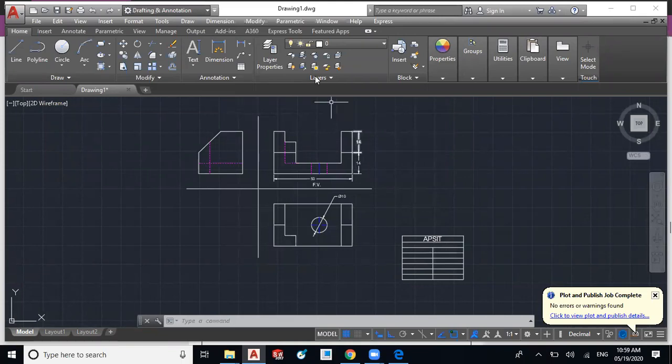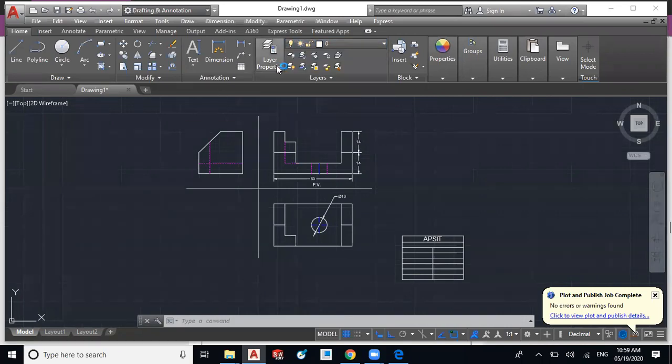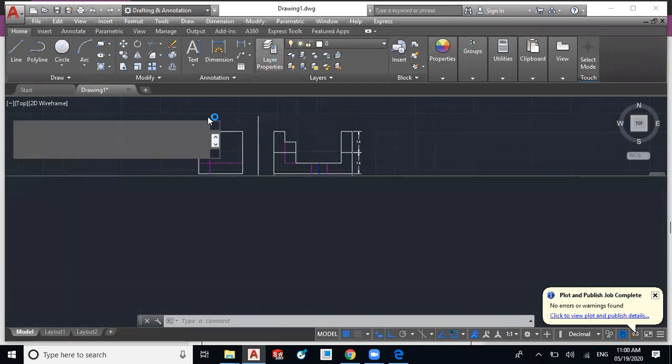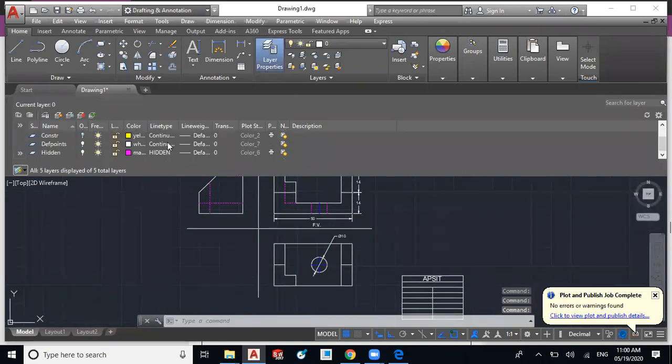Just you have to take care of the layers. We have to hide the constructions at the end, and you should not use this depth point layer. Okay, so there is a depth point layer created. I will show you why we are not using this depth point layer. So I'll open the layer properties. Okay, there are layer properties, and you can see there is a depth point layer which is created by default by Autodesk.